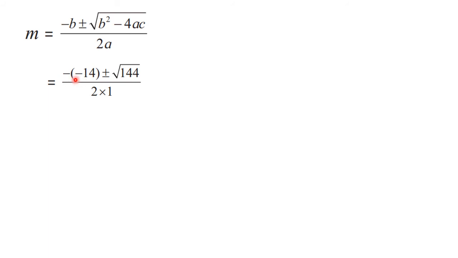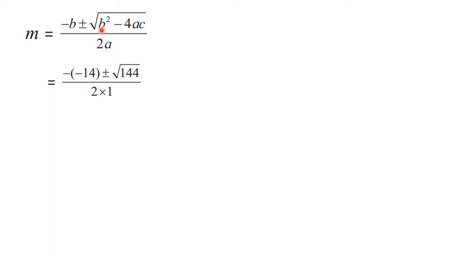You are making mistakes here. See, minus sign here is there by default in formula. Again in this question value of b is negative. That is why it is written in bracket. Then plus and minus symbol as it is. And the value that we have found out, 144, that directly you are going to write here.